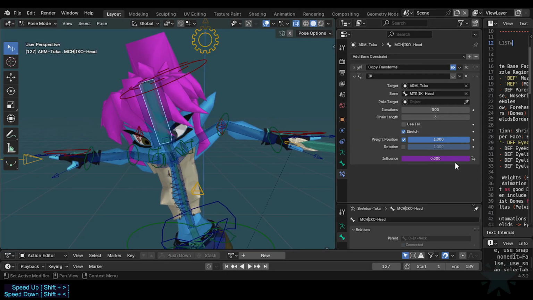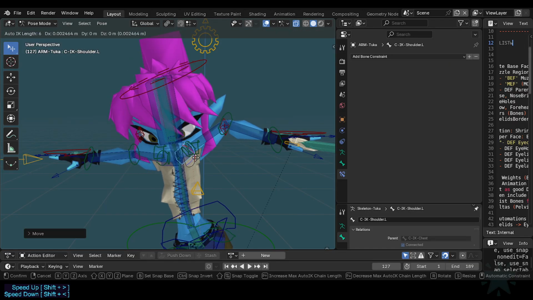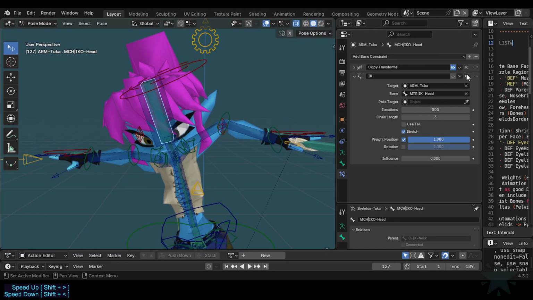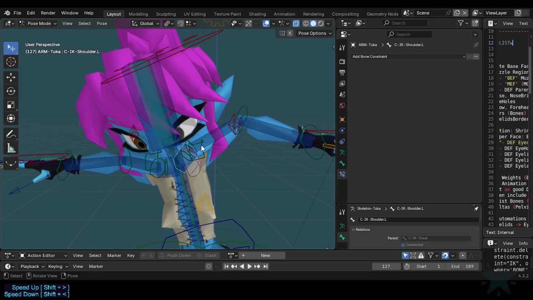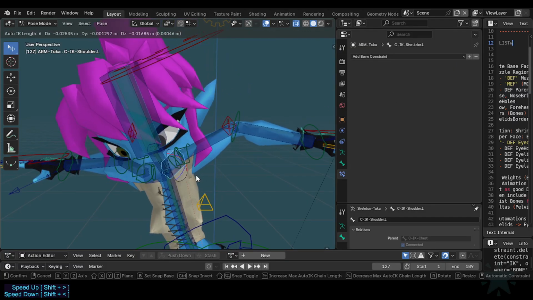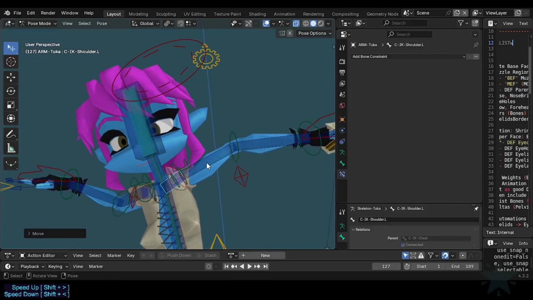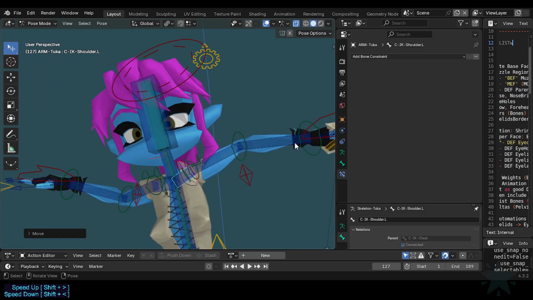As soon as I delete this, let's say I delete the driver, yeah, but this is not about the driver. As soon as I delete the IK bone constraint, even if it was completely disabled, you see, the behavior now is correct. So there is a wrong readability in the IK bone constraint's chain length, IK chain length,